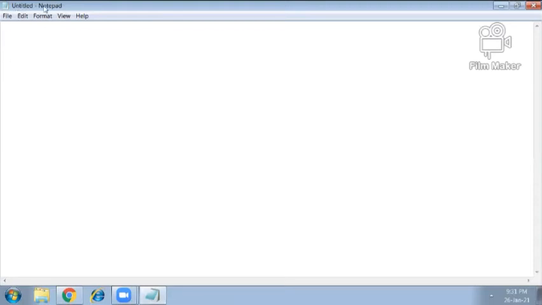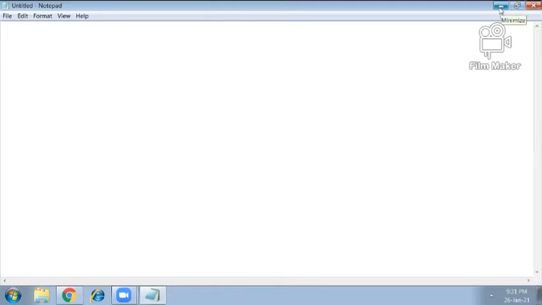So this is the title bar and this is the icon of Notepad, and on the right hand side we have control buttons: minimize button, restore button and close button. These three buttons are the same as in the MS Paint window.